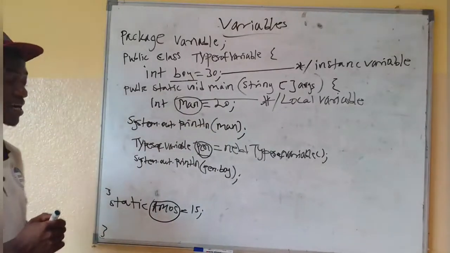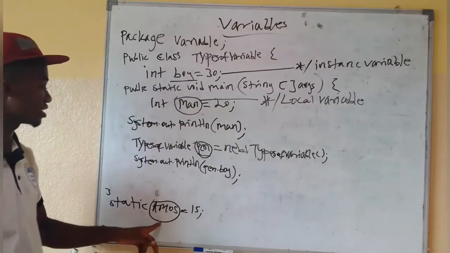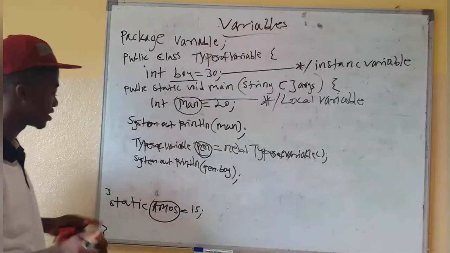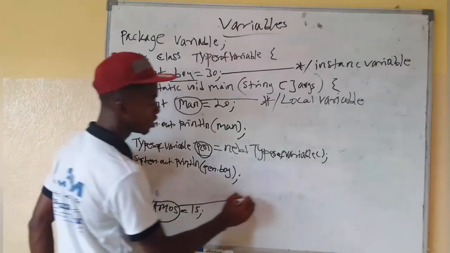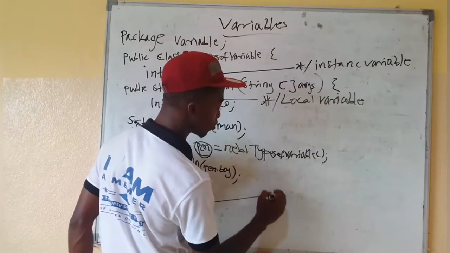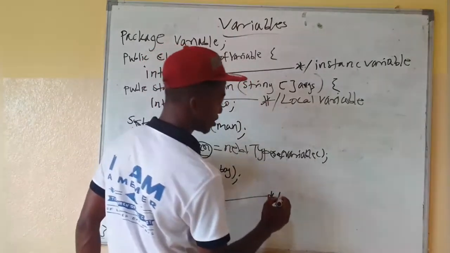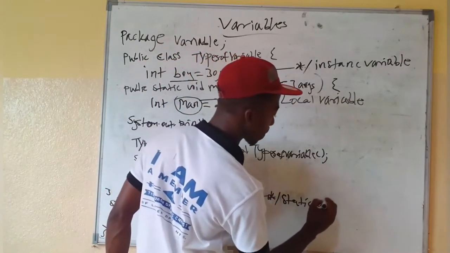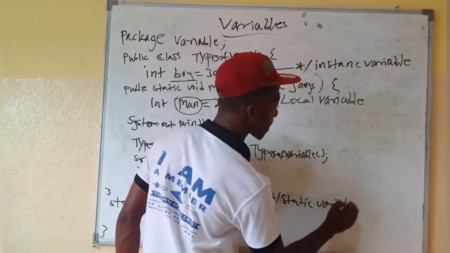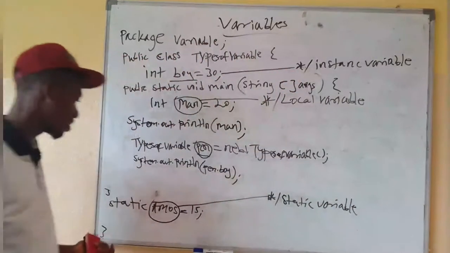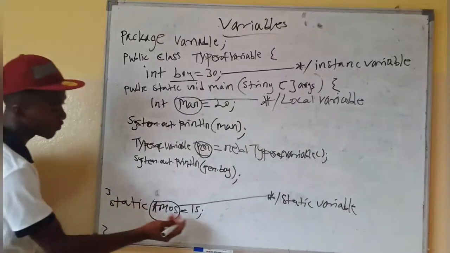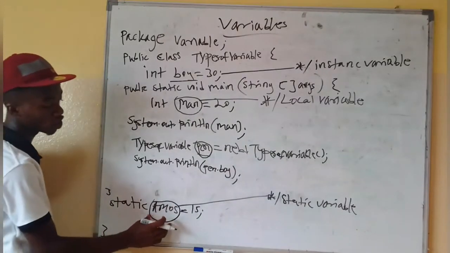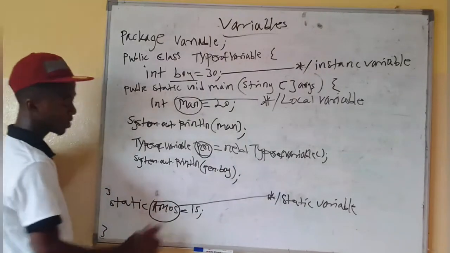Amos here is a static variable. So this is a static variable, alright, because it has a static keyword. Comment, and then we said static variable. We can have access to them directly. If I want to create this static, the value of that Amos is storing as a variable in memory, I'll just say